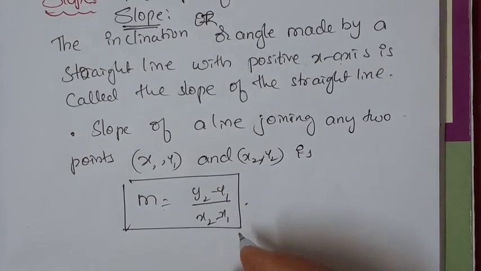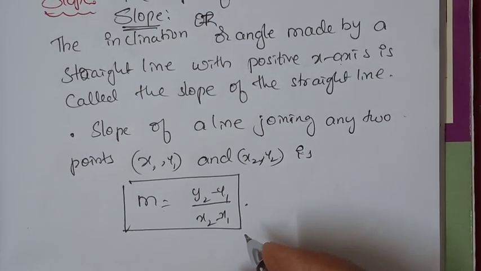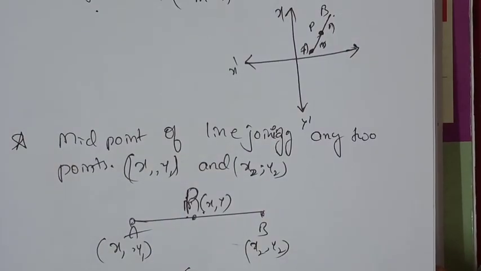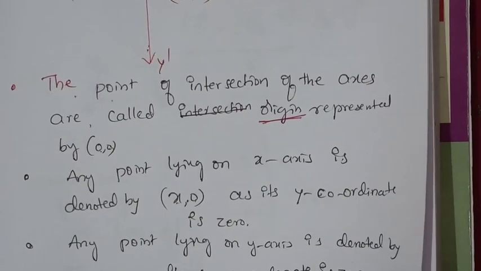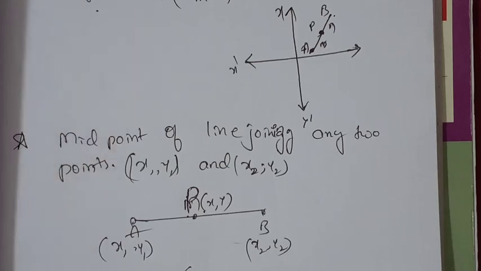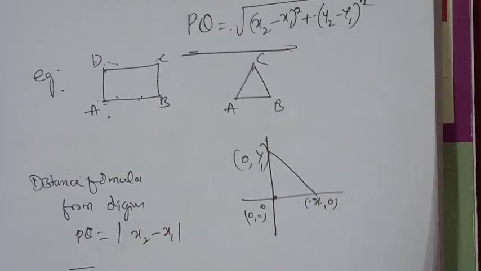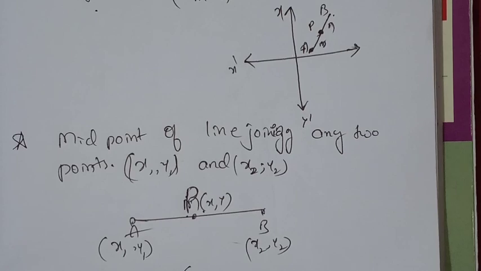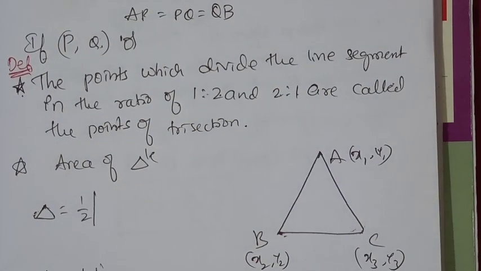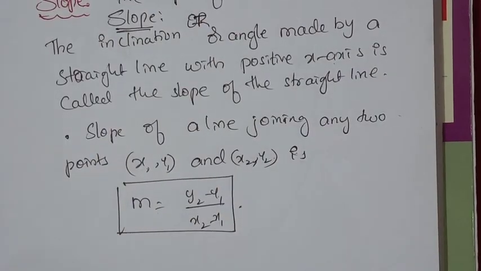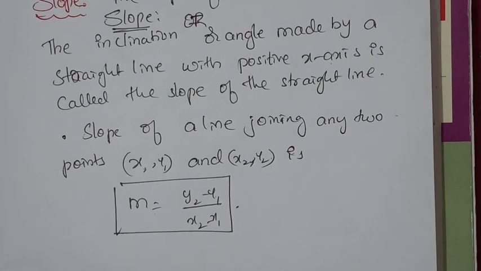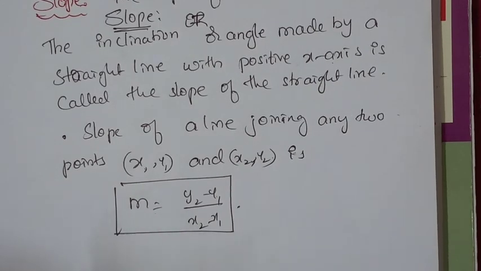Okay, so these are the introduction part of the coordinate geometry. What we have discussed: first the coordinates and the distance formula, section formula, midpoint formula, centroid. What is centroid also we have discussed, and the trisection, and the next one is slope. Okay, these are the introduction part of the coordinate geometry. The remaining part we will discuss in the new video.